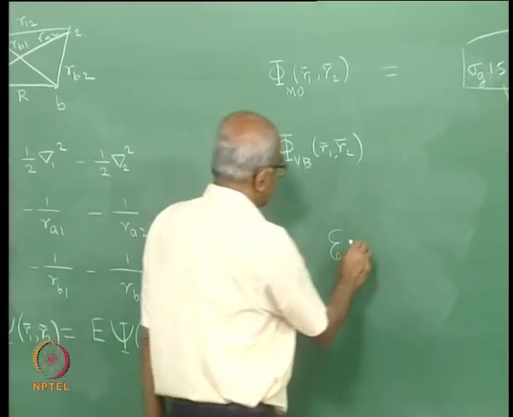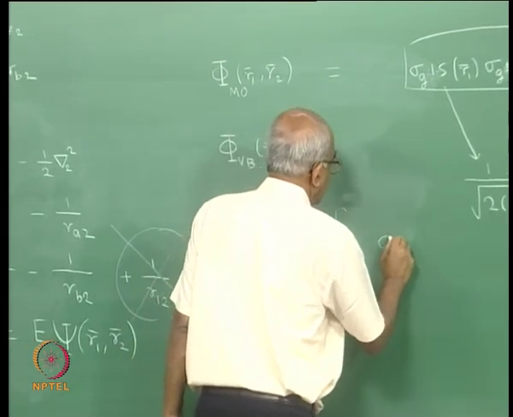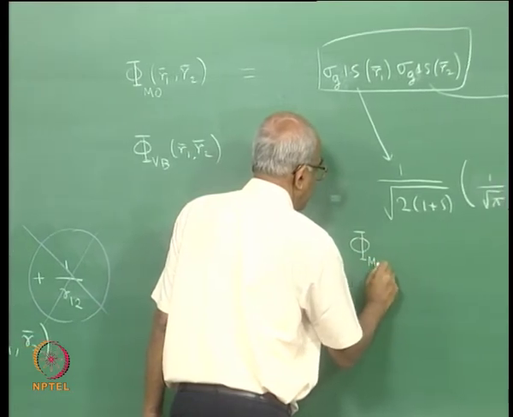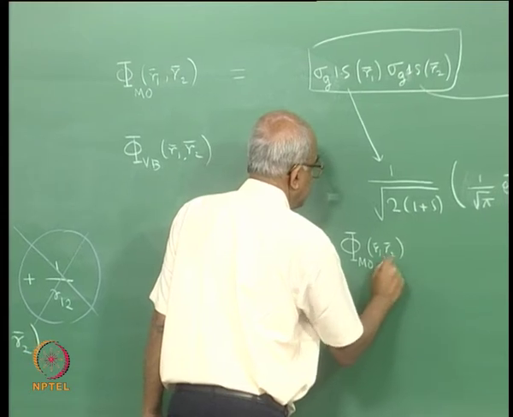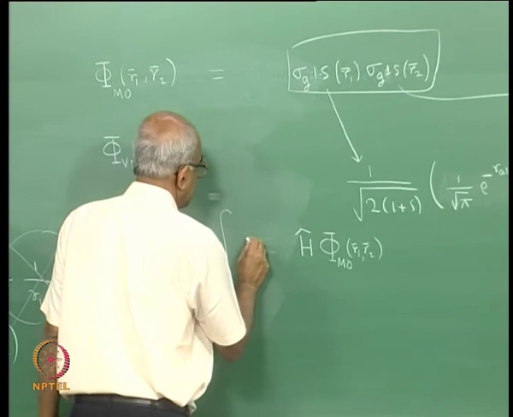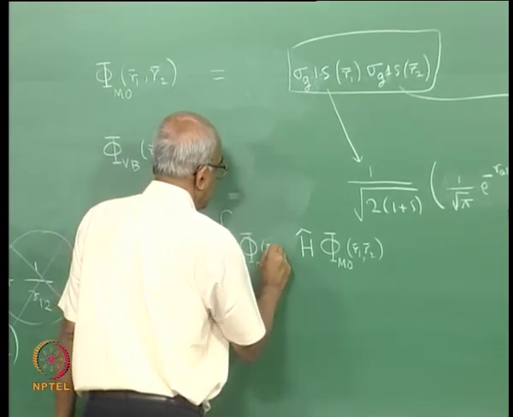How will you calculate script E? The answer is very simple. You will take this approximate function, which I denote as phi MO. It depends upon R1 and R2. I allow the Hamiltonian to operate upon it, multiply the result by phi MO star R1 R2,